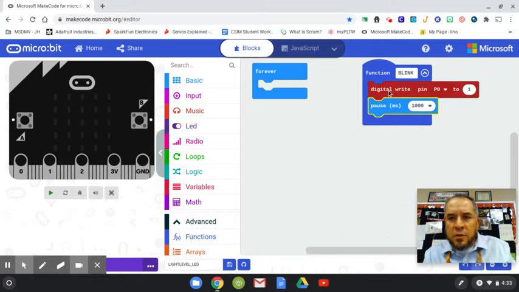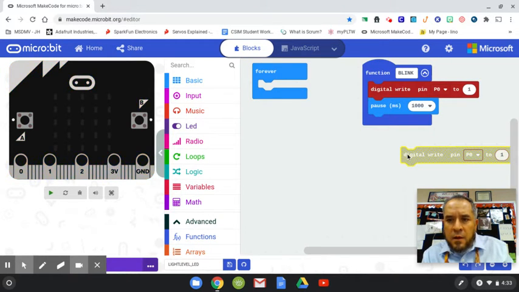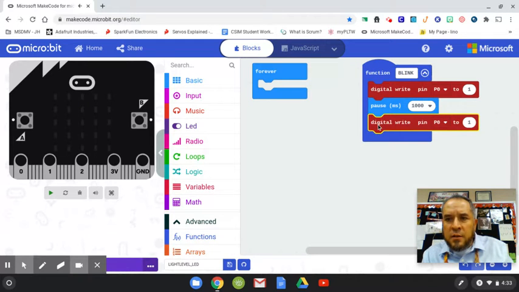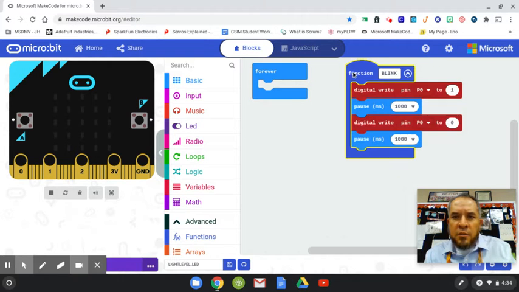Okay, then we can duplicate our digital write pin and put that underneath your pause. So it's going from 0 to 1, but then we need it to turn off, so we need it to go from 0 to 0. Okay, and then we're going to add our pause, so we can duplicate that. Throw that under your digital write pin 0 to 0. Okay, so that is our function code, and then under our forever code,